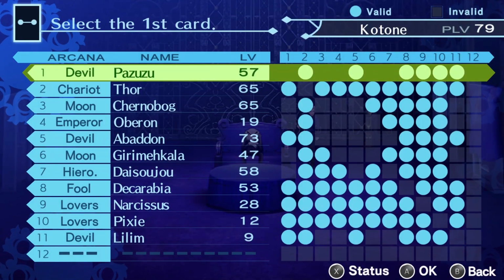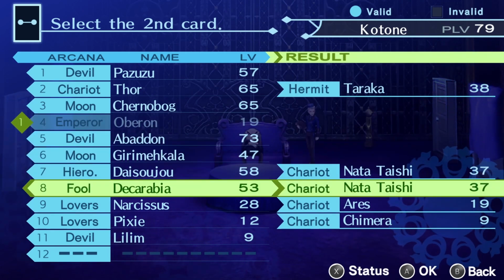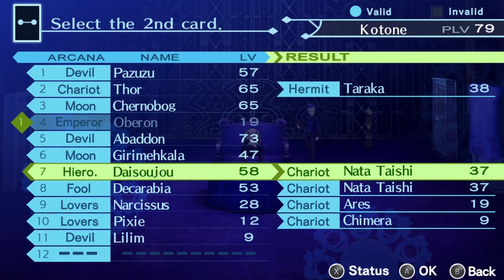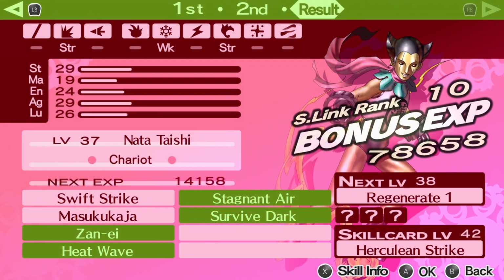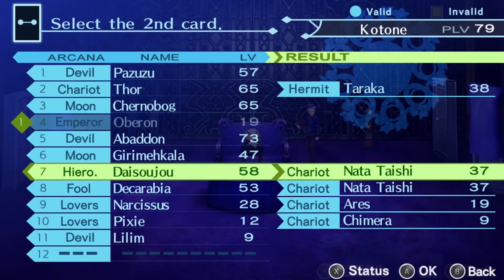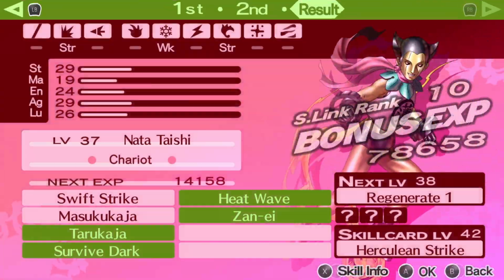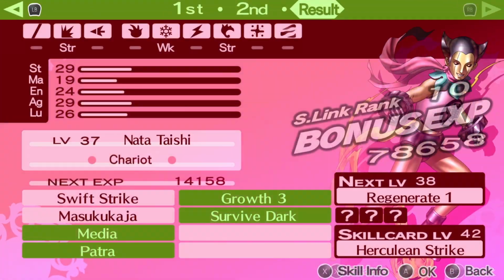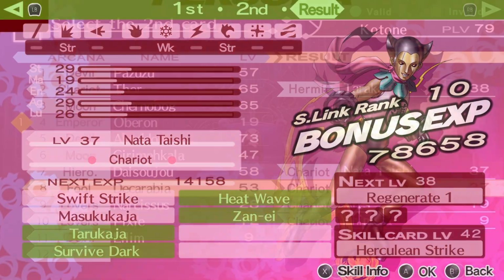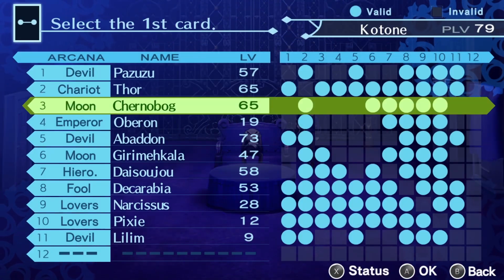Okay, let's see if we can't get this to work. First things first, we've got this persona here, Oberon, that we just fused, and we're gonna pop it in. Ooh, actually with either of these. I was hoping to get... looks like Megido does not want to pass. I think there's a way to get the skills to change. But to be completely honest with you, I don't know exactly how to, because this is not changing at all. And I don't think if I exit out of here...